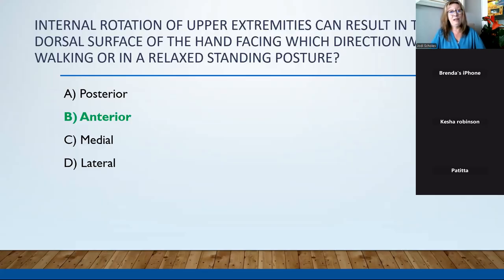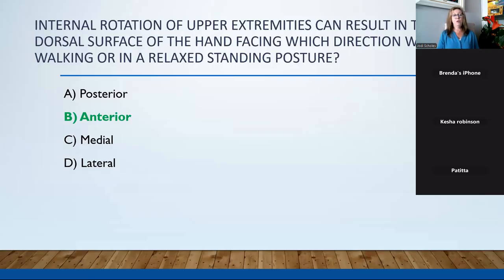And technically, really, really bad would be medial. The most common condition, though, is when that dorsal surface is anterior. But what's good is that you realized all 3 of those. If that dorsal surface is not posterior,